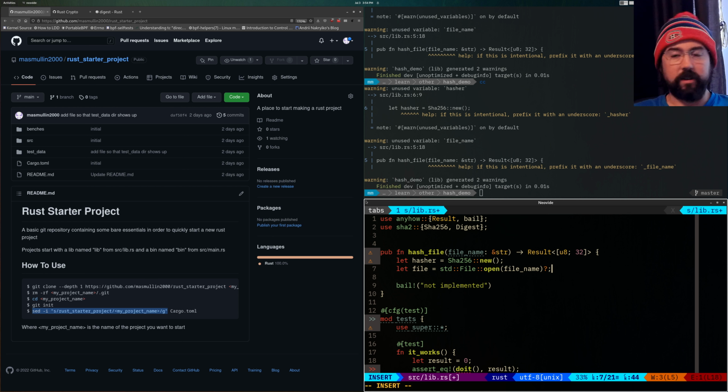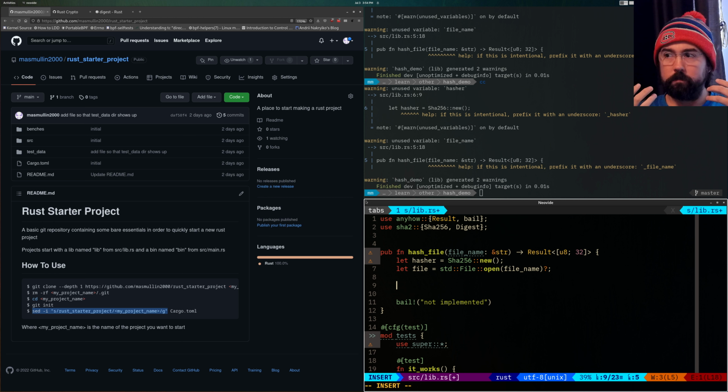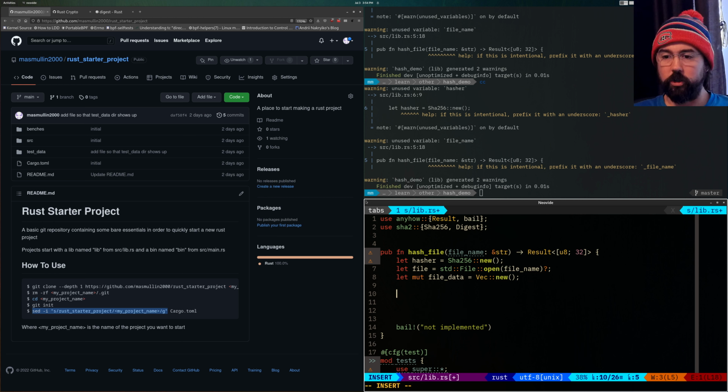And the next thing that we want to do is read in that data into a vector of bytes to hold the data and be able to use it so that I can pass it into the hasher with the update function for the hasher. So I'm going to get a mutable vector going on here. Let's call this file_data, and it will be a Vec::new, and I'm going to file.read